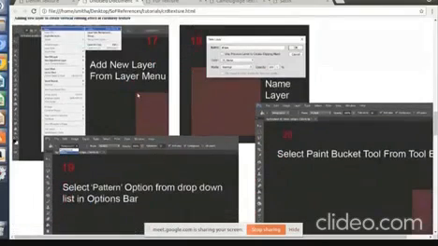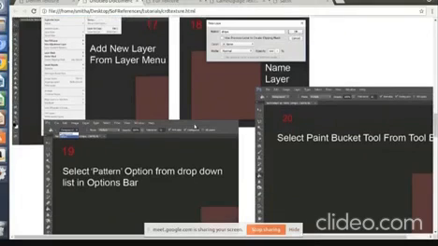Okay, so what happens on this canvas that you have created, a new layer will get added. The software will prompt you to give a name to this layer. Photoshop is all about layers, right? So you give a proper name to this new layer. You can label it as stripe, because this is a layer in which you will add the stripe pattern. After this, you click on OK.